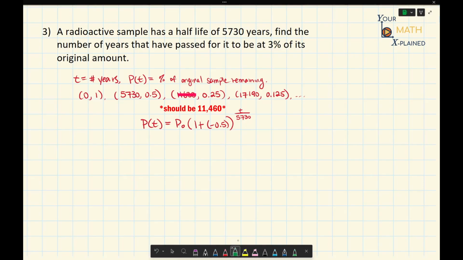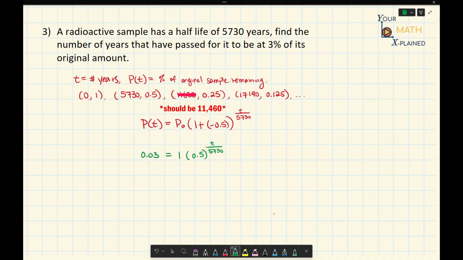So now let's go ahead and put in the values that we know. We know that t is the value that we're trying to find. And we know that at that time, there's only 3% of the original amount remaining, meaning p of t is equal to 0.03. And then our p naught is going to be 1, because that was 100% to start with. And this will be times 1 minus 0.5, so that'll be 0.5 to the power of t over